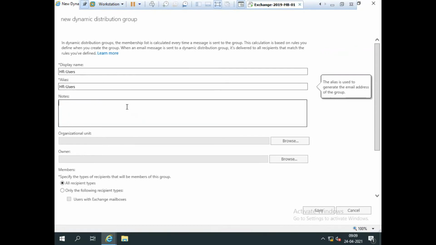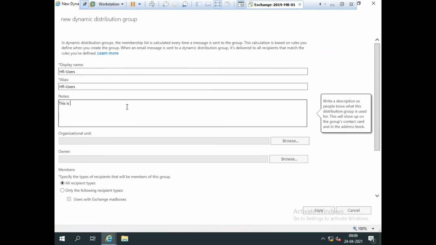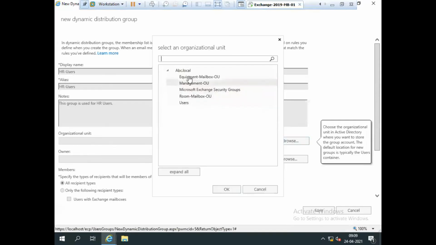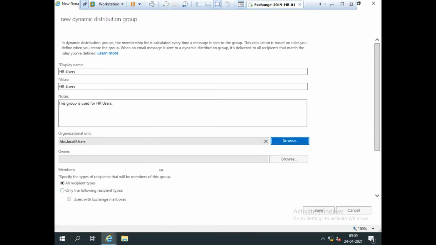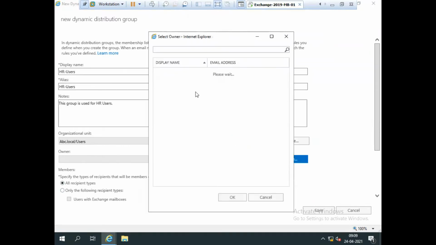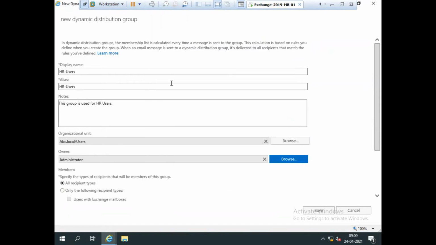And I give a note. Now I need to define the organizational unit where I need to save this group. I save this group in the default Users container. And the owner of this group, imagine I give the owner as administrator.